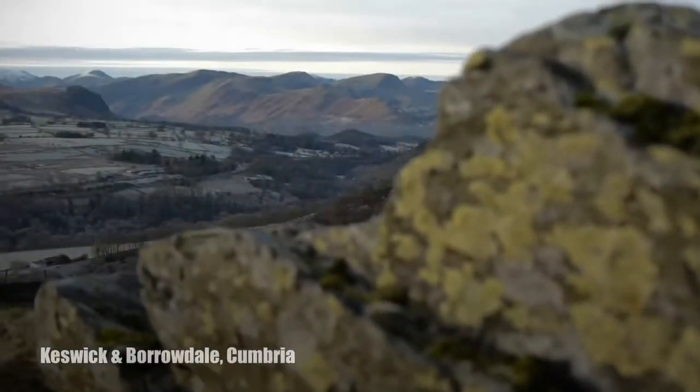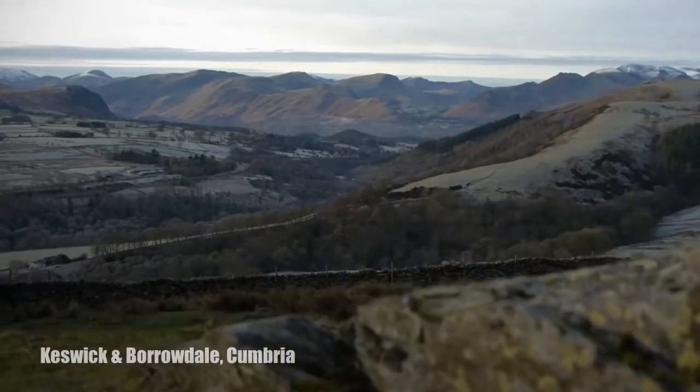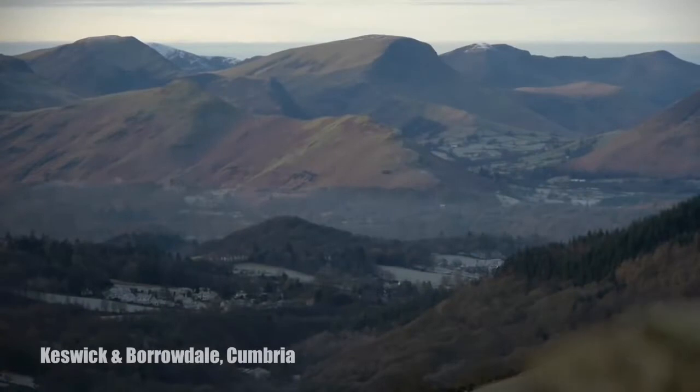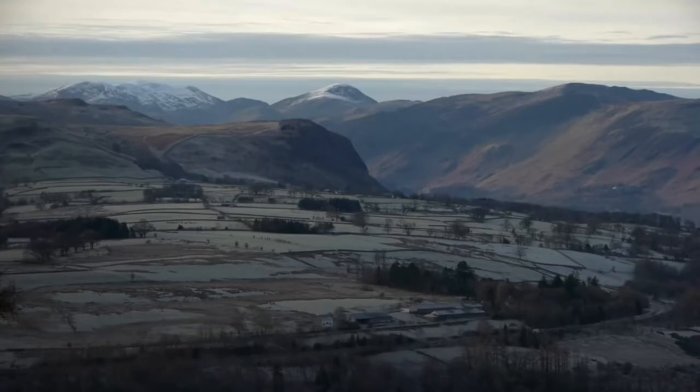Well, Keswick started pencil making really because graphite was discovered here. Over time it obviously expanded throughout this country. There were quite a few pencil mills, but really this is where pencil manufacture actually started, so it all started here. The story goes that in the 1500s there was a large storm in the Borrowdale Valley and shepherds went